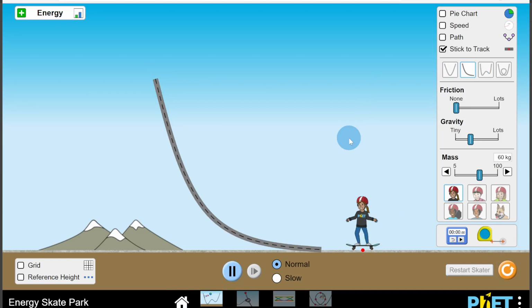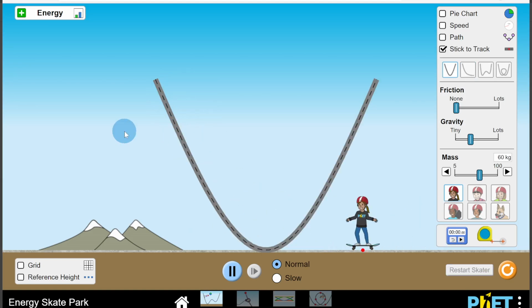So here we have another example of conservation of energy, where we've got a skater who, if we put her up to the top of the ramp here, is going to have a gravitational potential energy to begin with, but if I let her go, then that gravitational potential energy is going to change into kinetic energy as she's moving, as shown here.